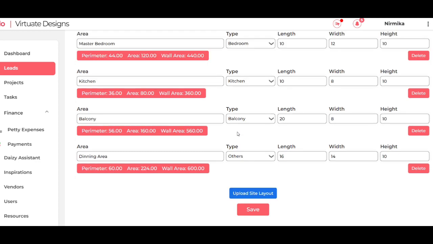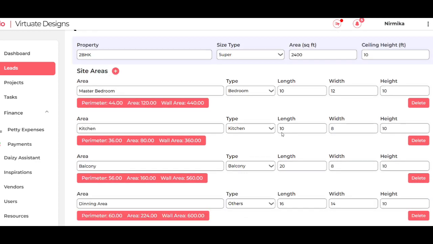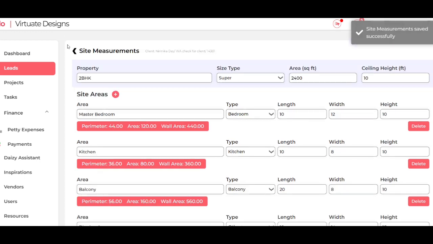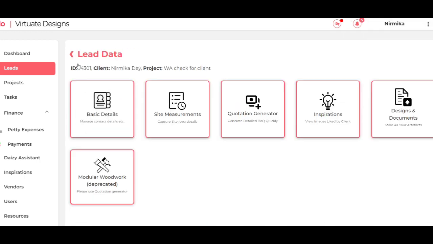You just need to write everything. If you want to add one more area, so you can just click on this plus button. You need to write the name and length and width, and then you can just save it, so this will be saved. If you have a layout, site layout, so you can upload it from this particular button. And if you are done configuring your entire project, so you can just click on save, so this will be saved, right? And next step is